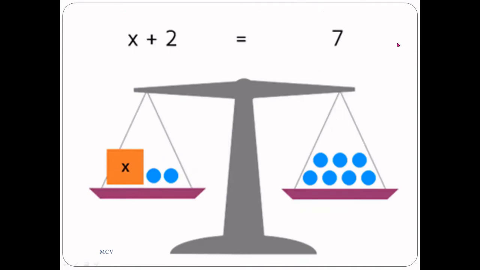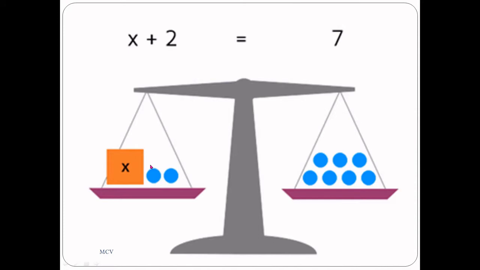This is an equation. In this equation, what are the terms in the left hand side? On the left hand side, x plus 2 is there. On the right hand side, 7 is there. Both left and right are combined by the equation sign. In the middle, the equation sign is there. So an equation means there's a left hand side and a right hand side, and both sides are combined by the equation sign.